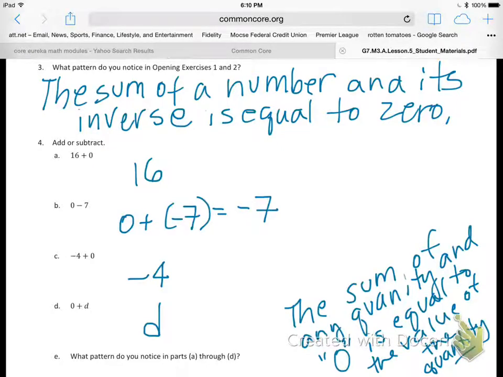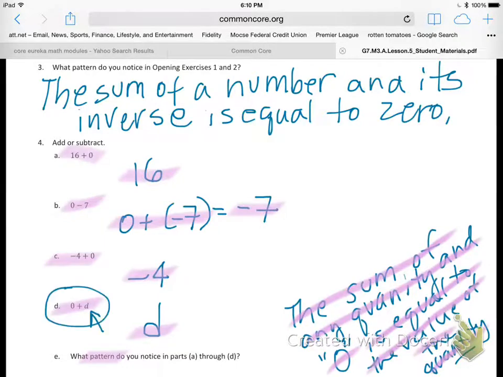This was ridiculously easy, of course, again, but just making a point. Add or subtract, 16 plus 0, of course, is 16. 0 minus 7 is the same as 0 plus a negative 7. We're combining numbers here, so negative 7. And of course, negative 4 plus 0 is negative 4, and 0 plus d equals d. And the pattern, what pattern do we notice in parts A through D? The sum of any quantity and 0 is equal to the